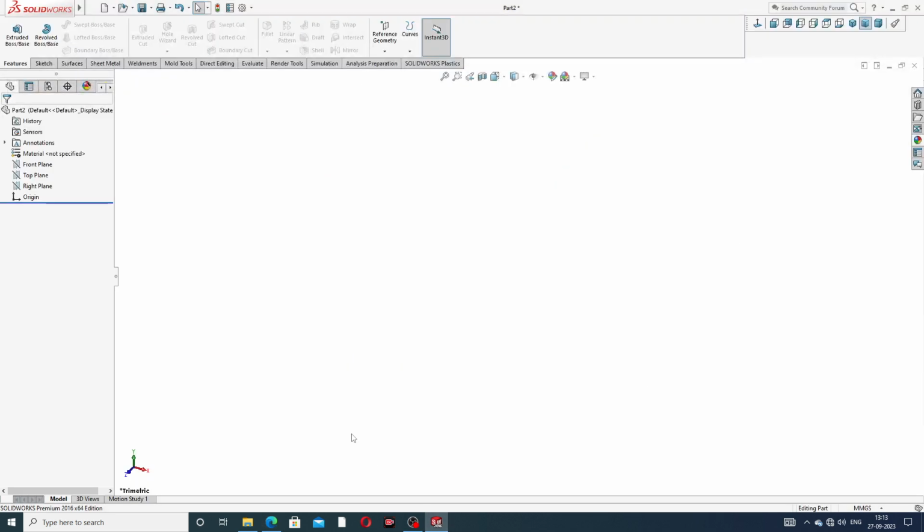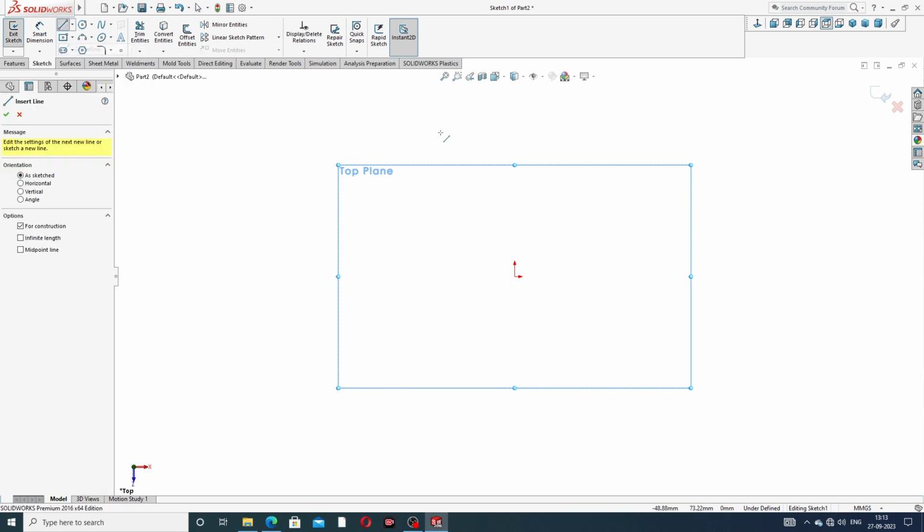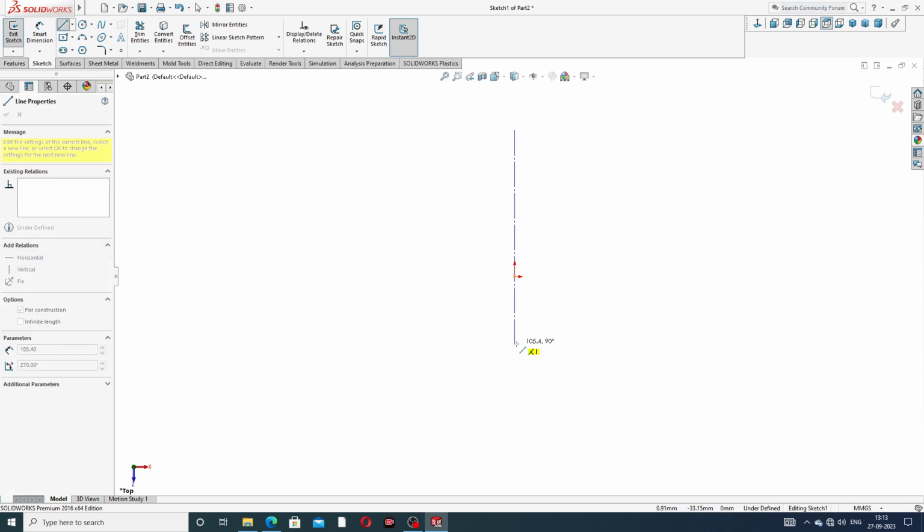At first select the top plane and draw a reference line. Two lines are drawn here easily.